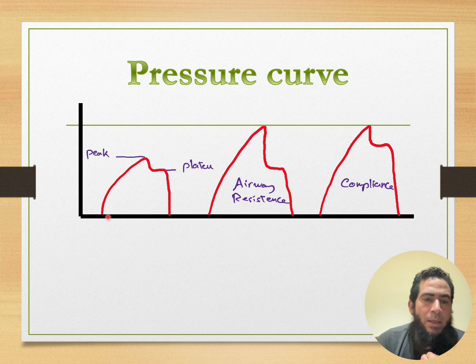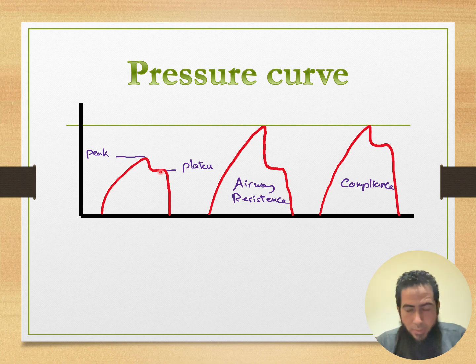Normally the pressure will go up during inspiration and go down again to 0 during expiration. If we are putting post-inspiratory hold, there will be a bit of plateau here during this post-inspiratory hold. This plateau